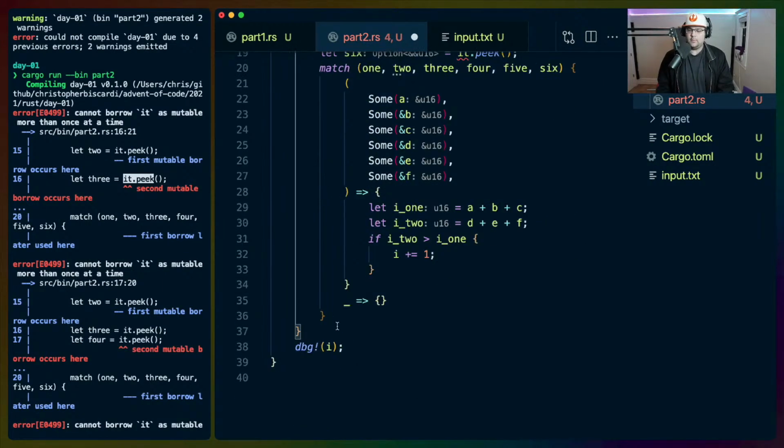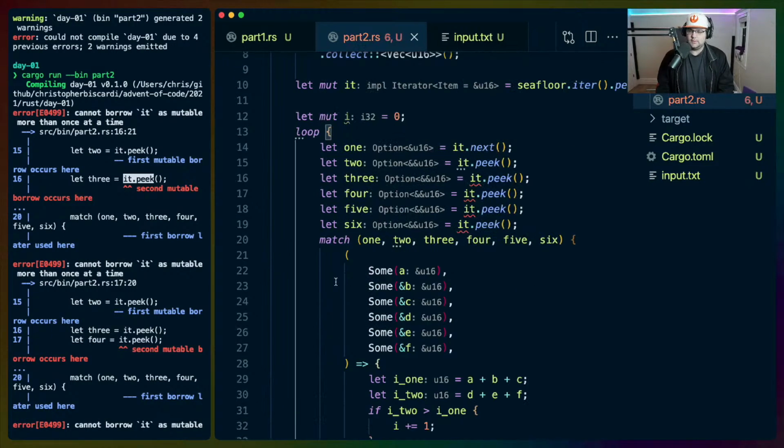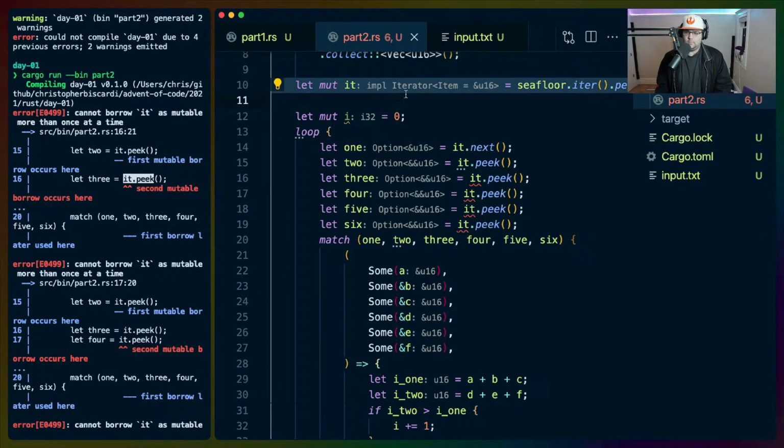I don't know that that will really help us. Why am I having trouble with this so much? Next, peek, peek, peek, peek.